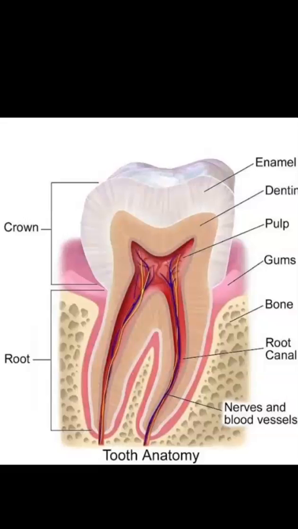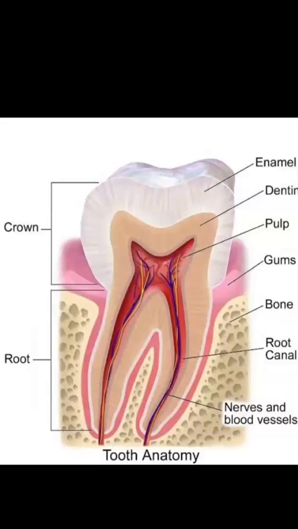So what is this smear layer? If we are filing the tooth, after the filing, due to the shape of the filing instrument, there will be creation of this smear layer on the walls of the root canal. So after the filing of the root canal, there will be a smear layer. To remove that smear layer, we can use endodontic irrigants. So these are the advantages of root canal irrigants.